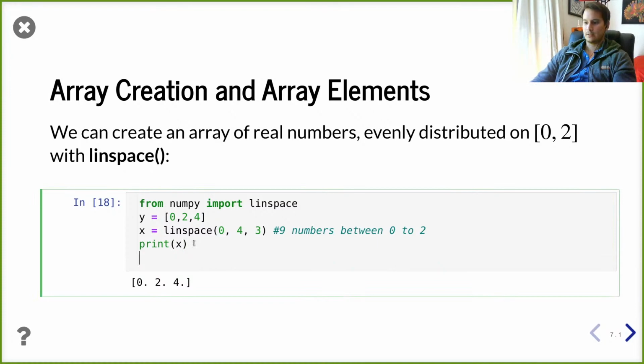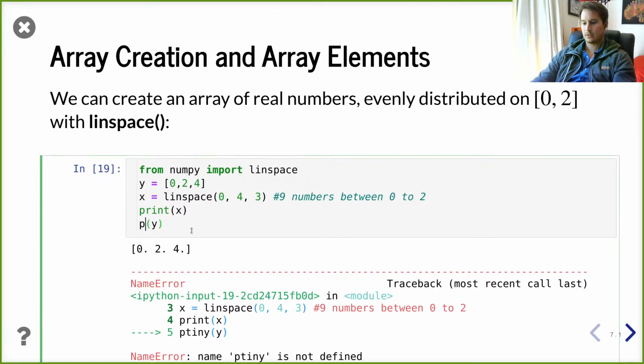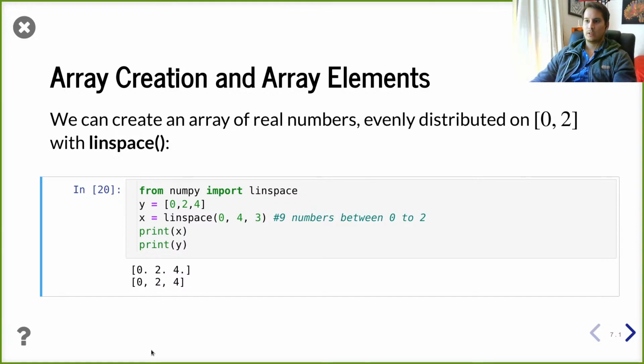And if we print the list, whoops, print, we can see that they are the same. But the thing that is not the same of Numpy arrays, this variable x and this variable y, a list, this is just a list, and this is a Numpy array,